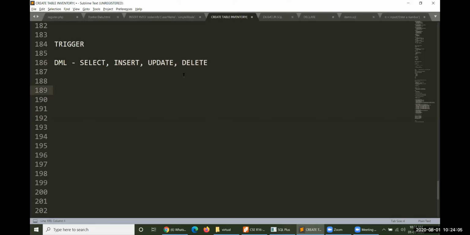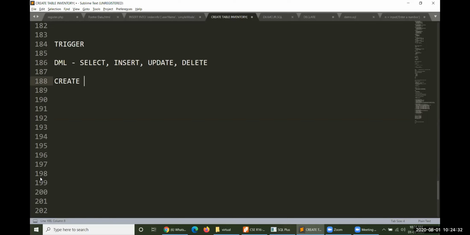Okay. Let me write the syntax for a trigger. It is very crucial. This question will come in your final examination. Even if you may not give the exact answer for the trigger, if you have written only the syntax, you could get 50% of the marks. Seven marks will be given, and four marks will be awarded to you for writing the trigger syntax. However, let me write the trigger.